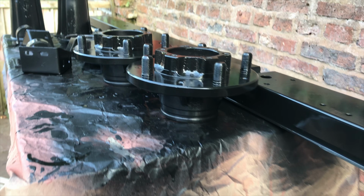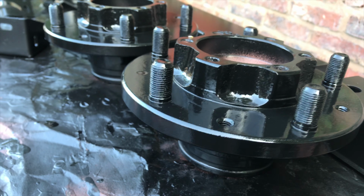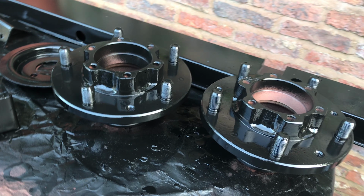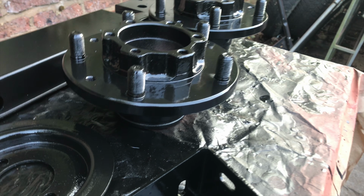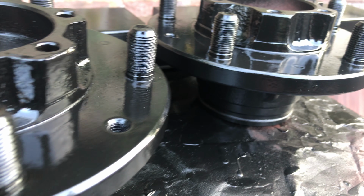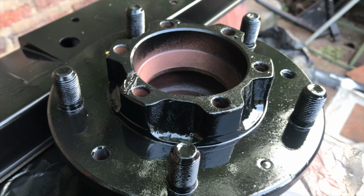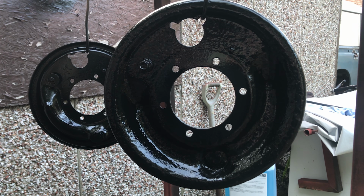So as you can see, I did forget to mask those threads there on the hubs and the axle threads as well. So I know I'll have to clean them up now, but I just completely forgot, if I'm honest. Luckily I didn't make the same mistake with the 110, but these ones I just completely forgot. So as I say, this is just the hubs. I've applied the same primer and the same top coat to them as well,